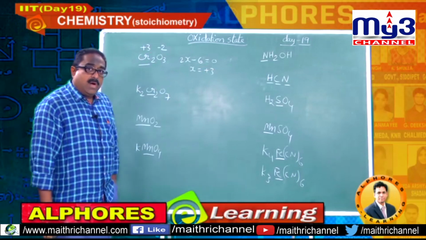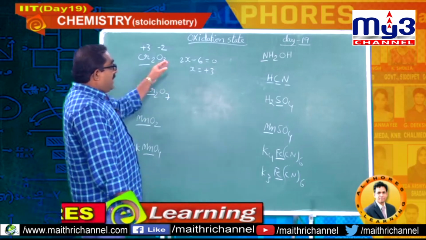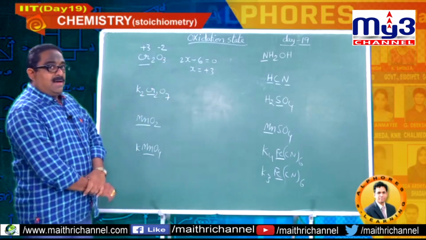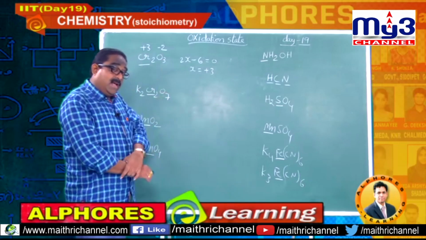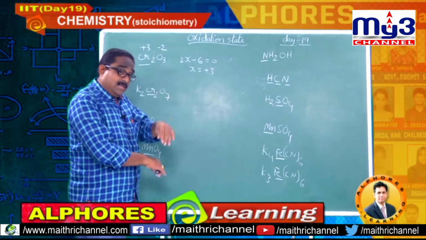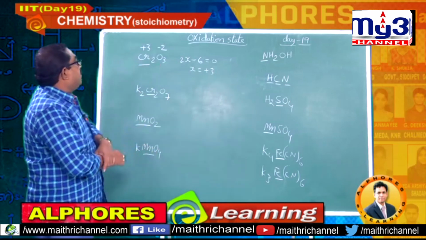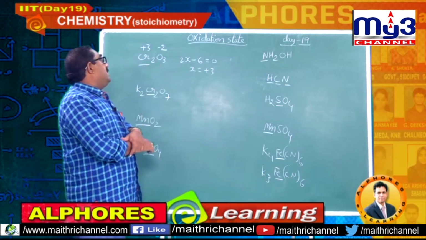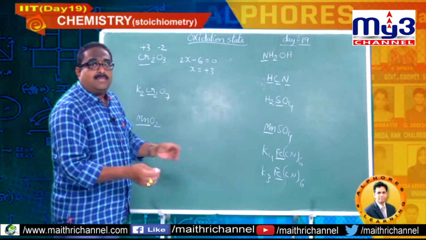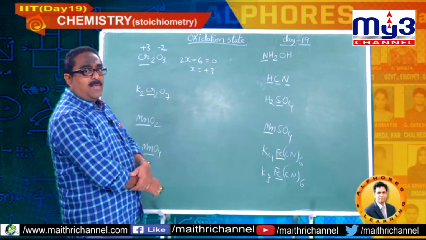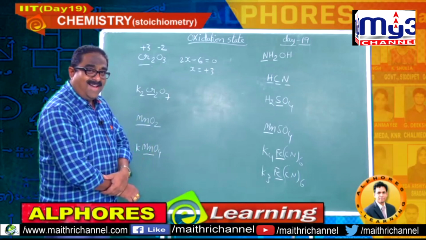You may get one doubt: sir, you are writing chromium by taking oxygen as normal oxygen. We have discussed peroxide, sir, where the oxidation state is -1. Why are you blindly taking -2? So chromium belongs to 6th B group. I think the maximum oxidation state is +6. Now we got +3. No problem, the oxidation state will exist. So you can consider this as normal oxide, no problem.